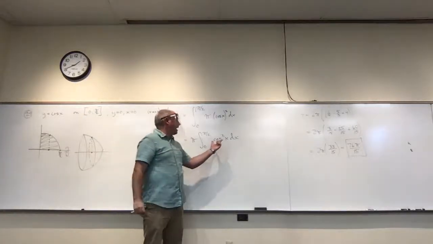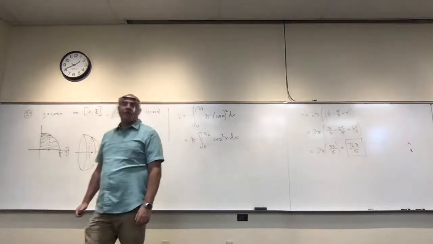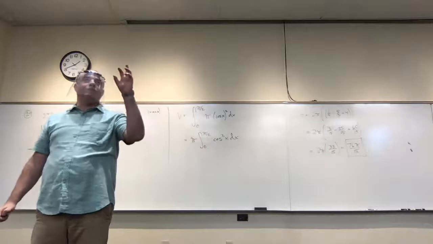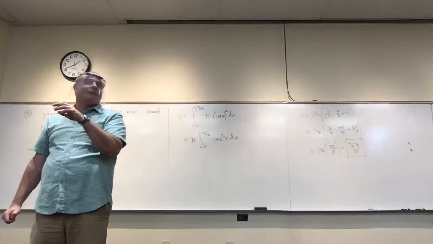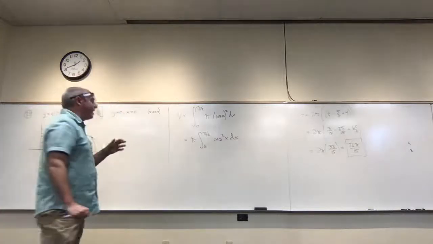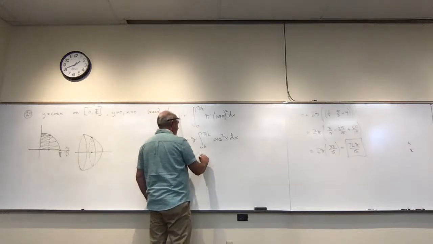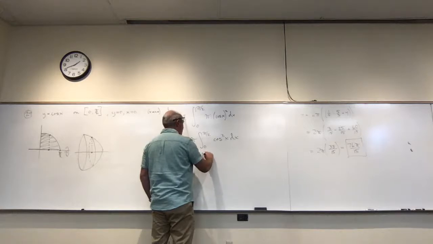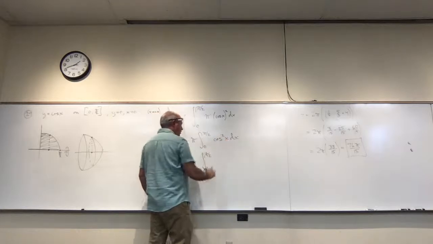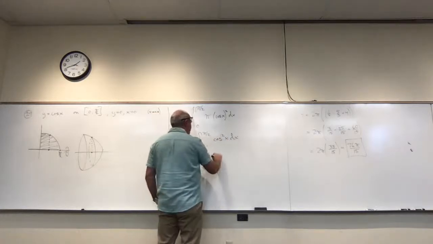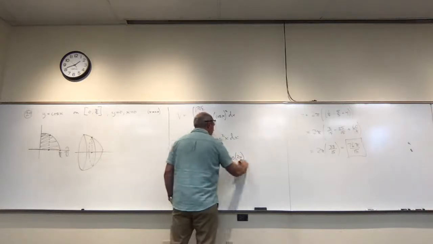The reason being is I don't know what the antiderivative of cosine squared of x is. If you think about it for a minute, you think, okay, I need something whose derivative is cosine squared of x. It's kind of like, yeah, I don't, right? So it's helpful to have our half angle identity to help us out here. So we've got pi times the integral from 0 to pi over 2, and the half angle identity says that cosine squared of x is 1 plus cosine of 2x all over 2